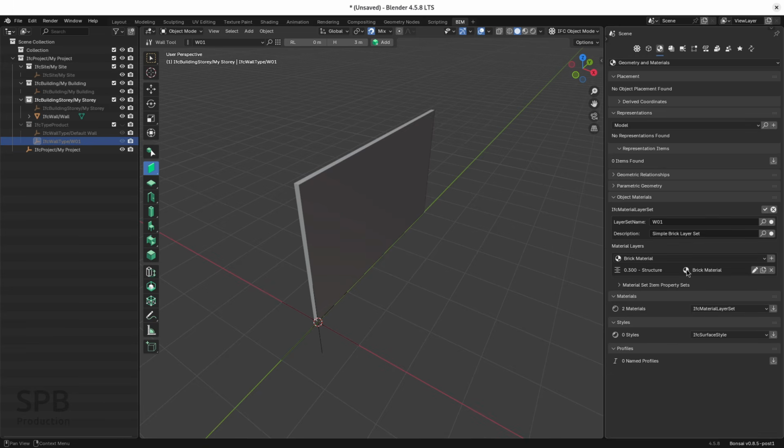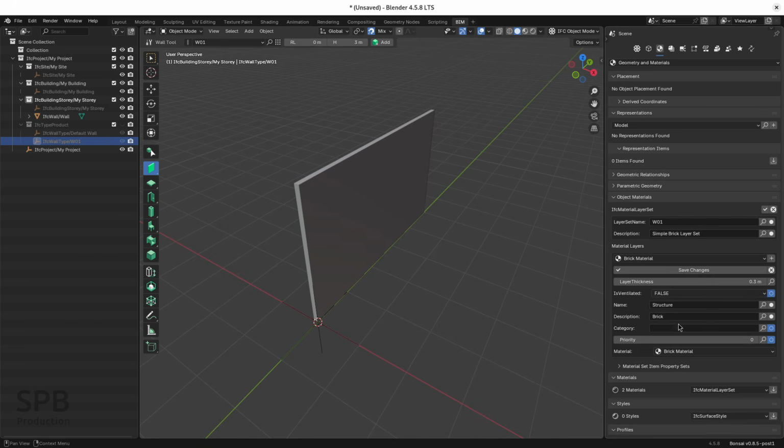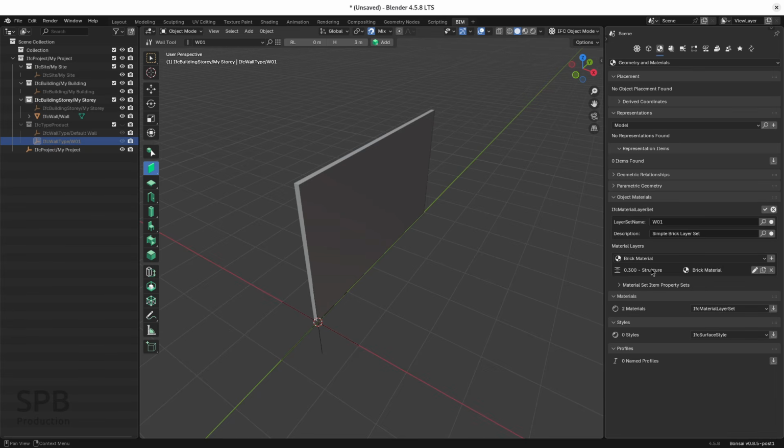And now I will save those changes, and you can see that this is the name I have added to the layer, and this is the material. So again, the name is structure and this is the material. If I did not do any changes, I could save changes, or I could exit this without saving the changes. So now I have got the layer set up, and I can also save the material set because I'm still editing the material layer set. So I will click this checkbox to save the changes, and these are the changes that I have done to the